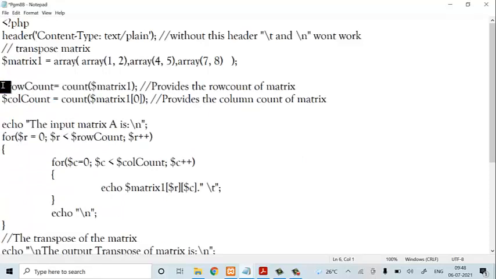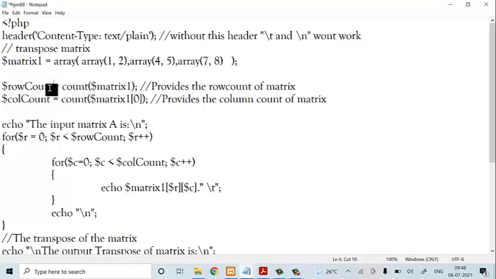So now what we are going to do here is check the row count, whatever count we have in the row. The same way we are going to check the column count of the matrix. If you want to find the columns, there is an easy way: just use the column number. So $matrix[0] represents the column count. If you want to find the row count, directly use your matrix name.